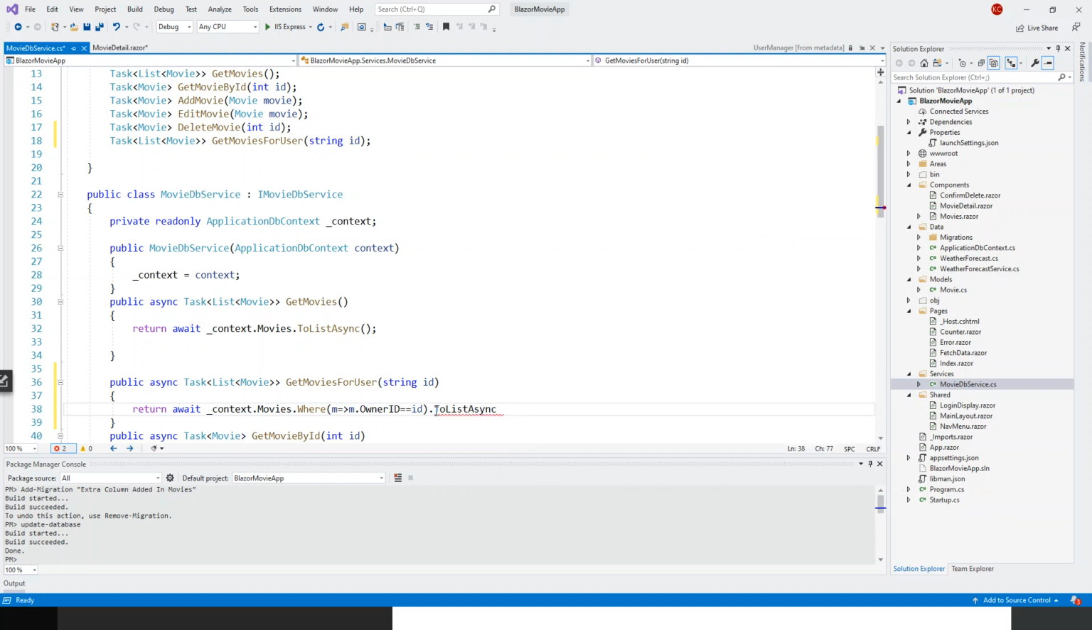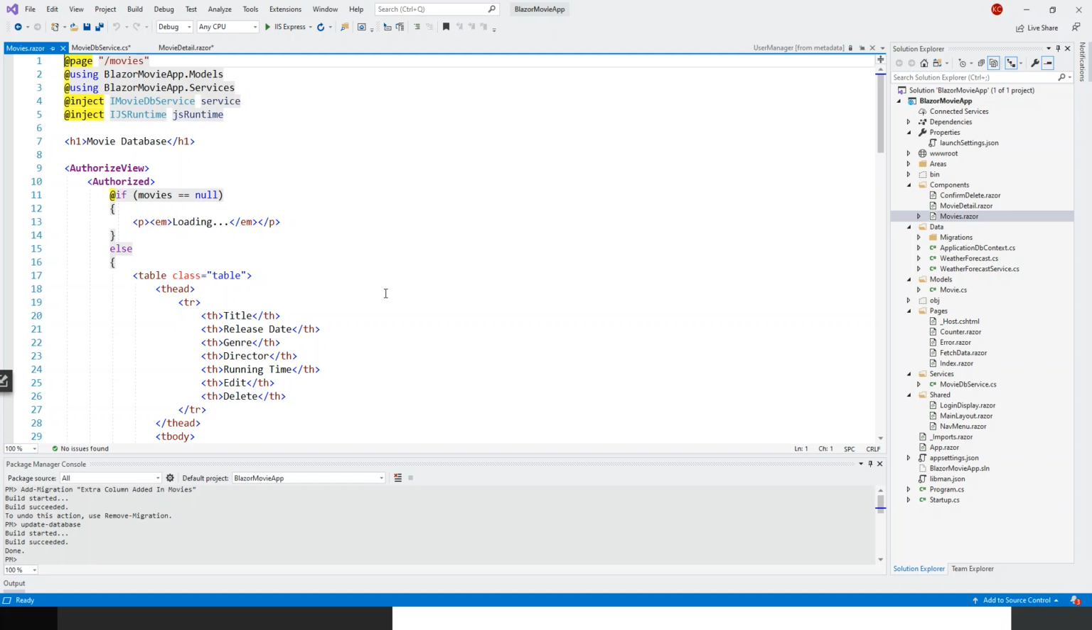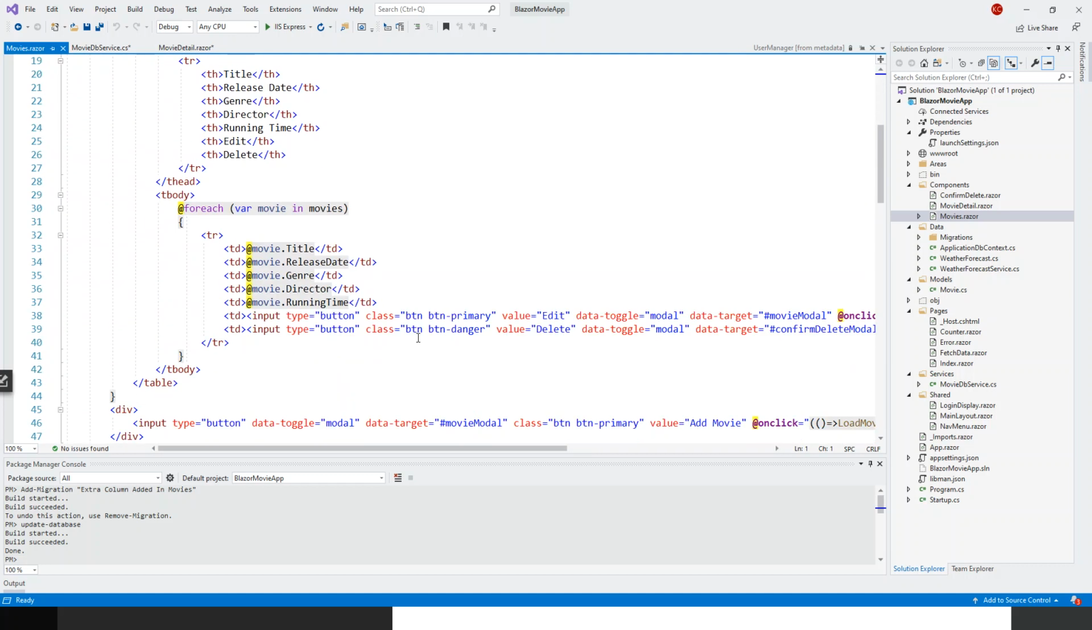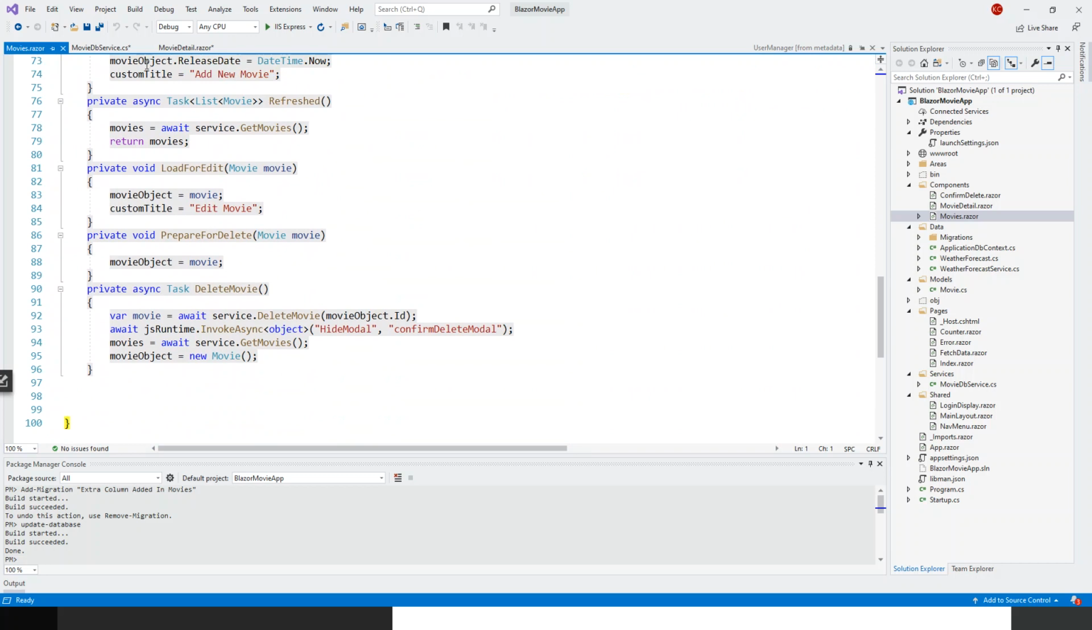So to list async, pair of braces and semicolon. So that's all. Now this new method is implemented in the MovieDB service class. Next, I'll have to make some changes in the movies.razor, the movies component, which is the parent component. So what are these? I have to write a method to call this